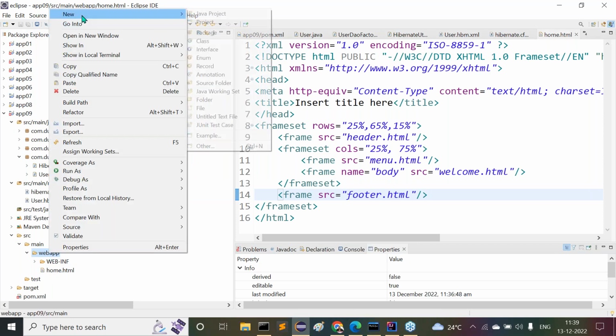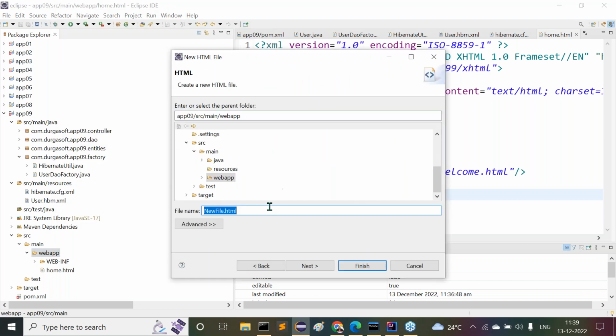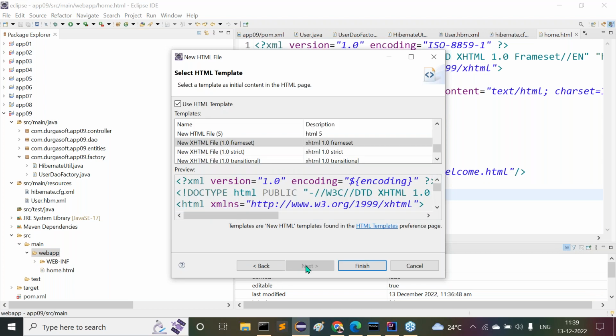Right click on this main, new. Here is this HTML file. Now we are not getting it directly as an HTML file. Here we have to prepare, under this, say for example, header.html. Next, it's not like a frameset now. Now here I want to go for